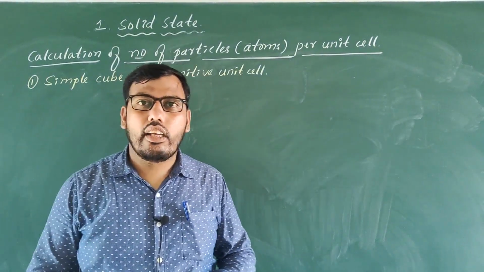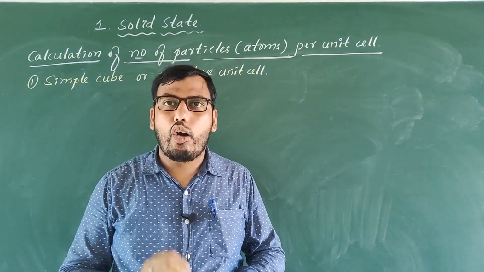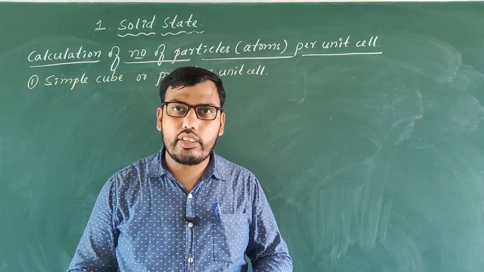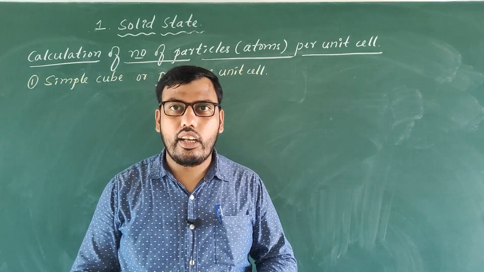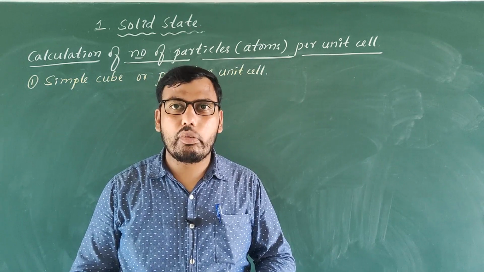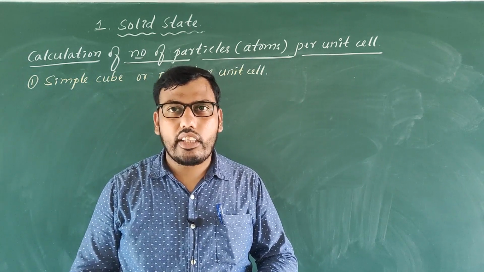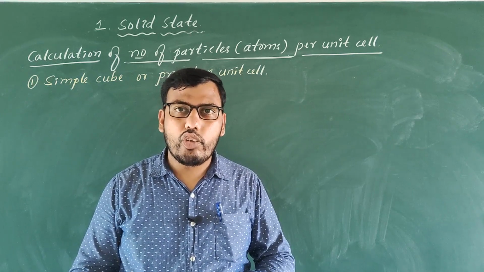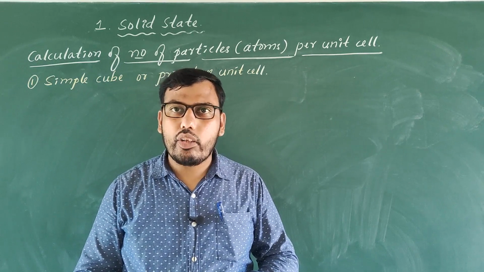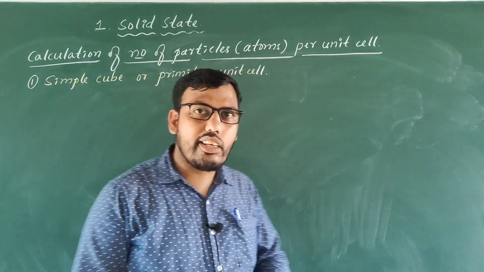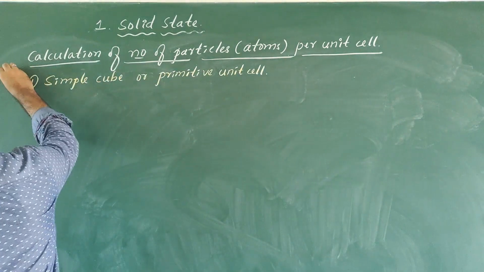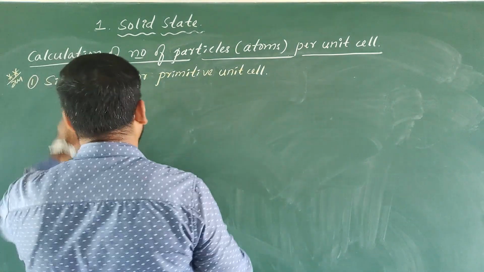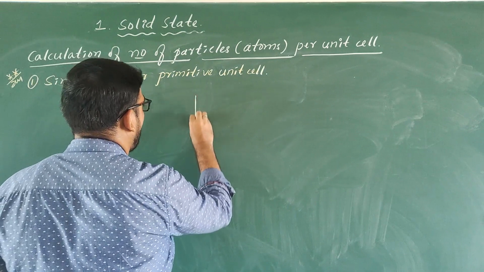So dear students, now let me calculate how many atoms or particles are present per unit cell of simple cube, also known as primitive unit cell, BCC, that is body centered cubic unit cell, and FCC, face centered cubic unit cell. It is very simple. Dear students, those who appear for the Karnataka PUC examination, for them it is a very important 2 mark question. It's very simple. Soon after saying simple cube, I will draw the diagram of simple cube just to remind.